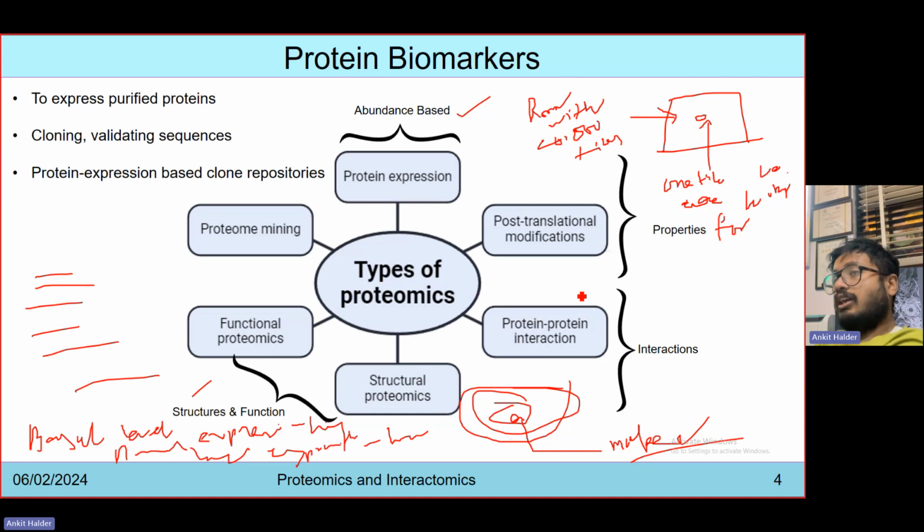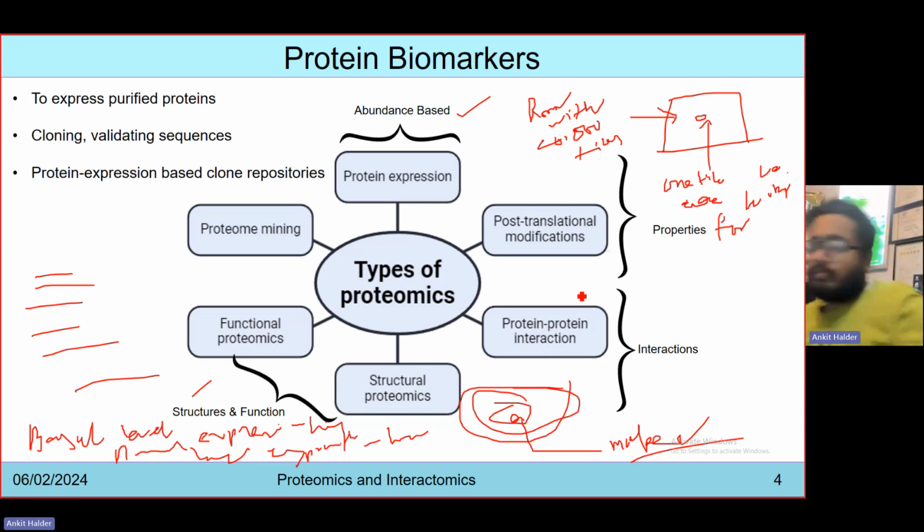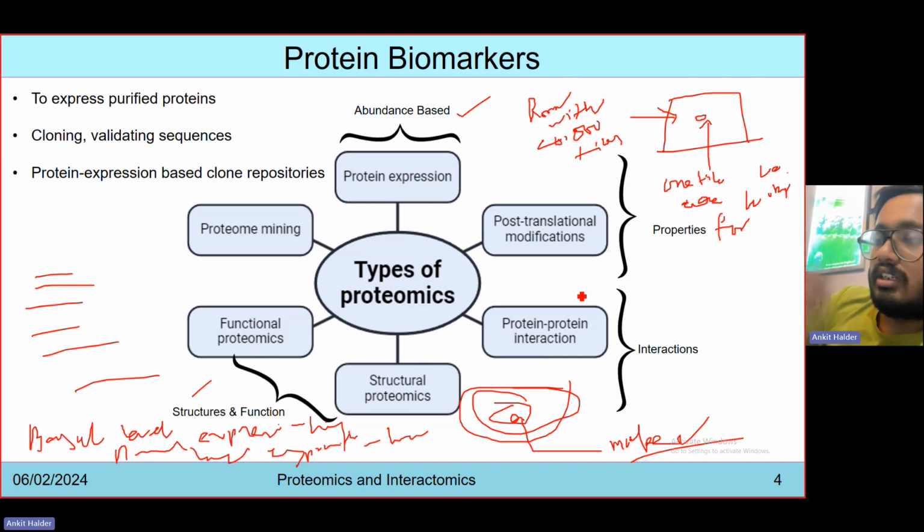So that is what remains very much challenging, whereas having the properties or the interactions, the functional proteins, is relatively easier, knowing the particular genes for those different 20,000 proteins, which can be taken forward easily. If you have those 20,000 proteins, then we can easily find out through various ways the modifications